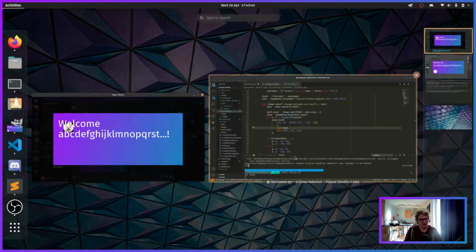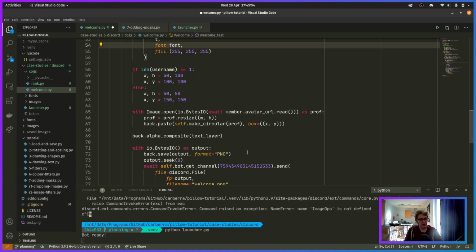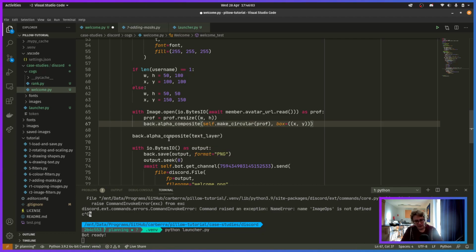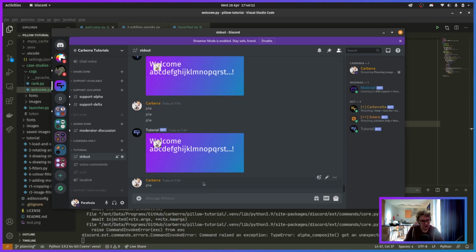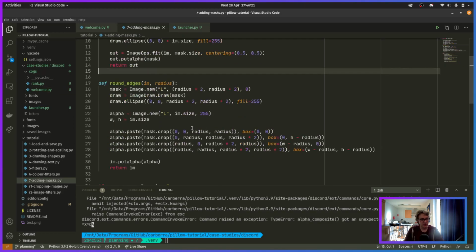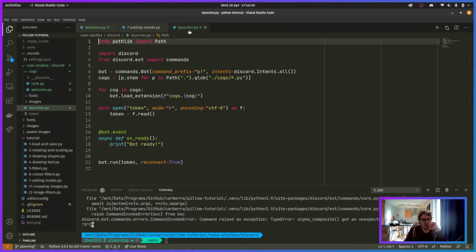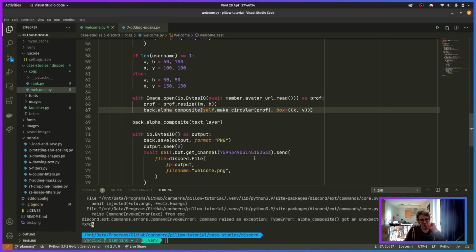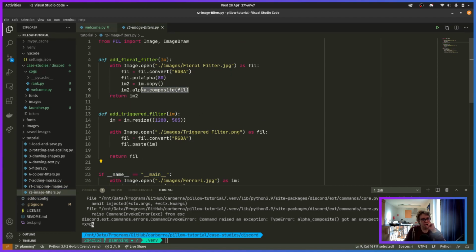Oh, what the hell? Oh, that's weird. Oh, because it's alpha composite. Okay, we'll just do that quickly. alpha_composite got an unexpected keyword argument box. God damn it, man. So that's putting the alpha on it. So let's put alpha. Go away. Why are you being weird? So we didn't need to...